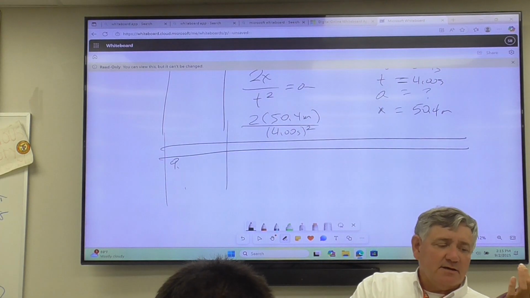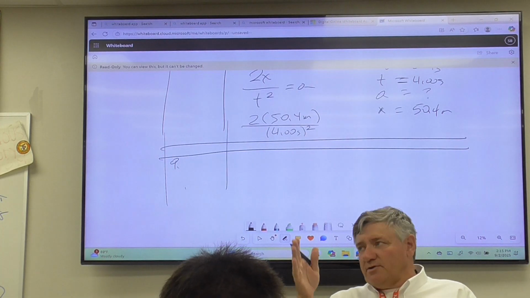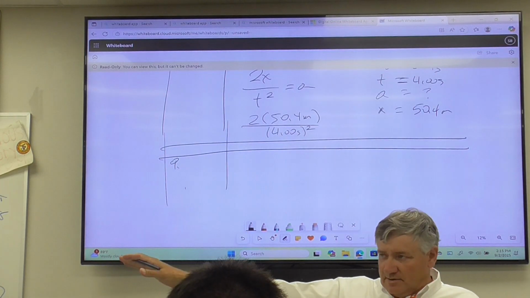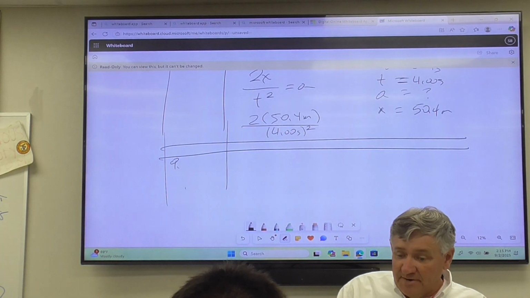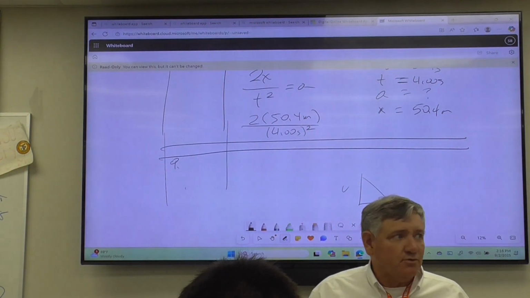Now, on number 9, you want to make a velocity time graph. You can draw your velocity time graph on this assignment. You do not have to do that on another sheet of paper. If you really want to, you can. Okay? But if you just want to come over here and go, here's the velocity time graph, boom, that's cool. Okay? But